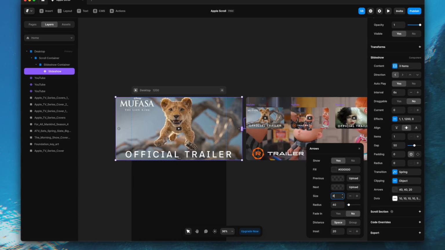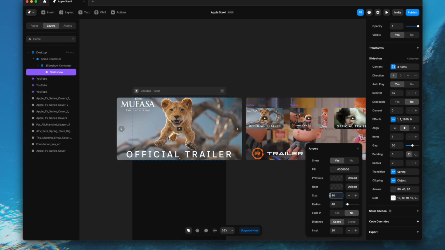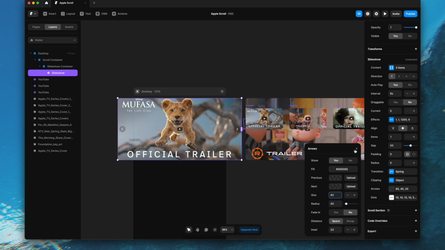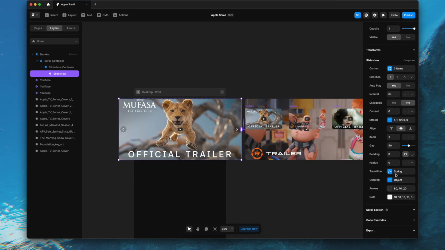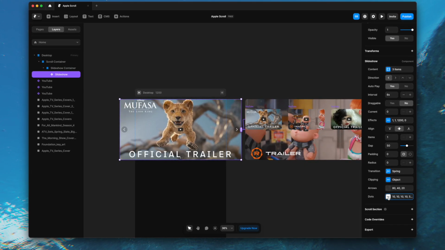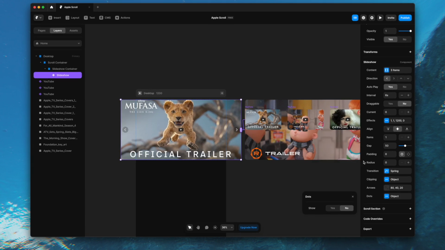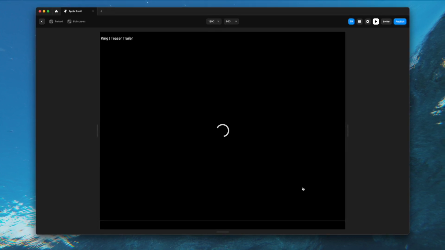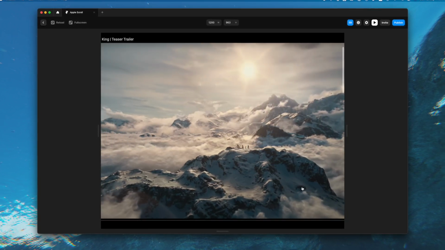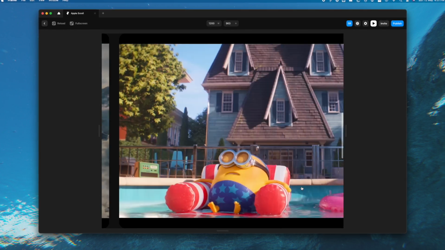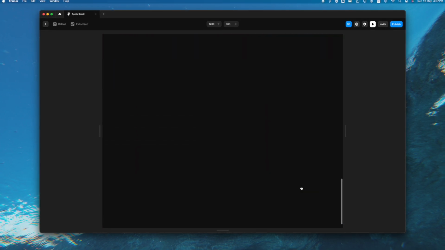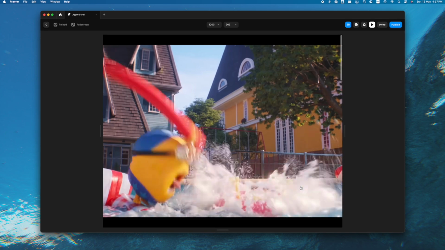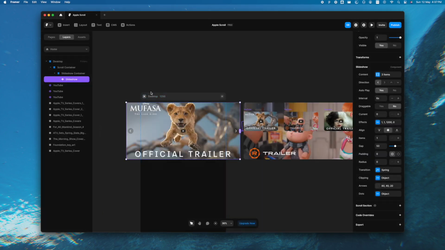So I want to make the arrows bigger in size. I'm going to bring it all the way up to 80. And the rest of the settings look okay here, so let's just cross that out. I'm also going to get rid of the dots in here because we don't want it in this particular example. So let's just get rid of that. Now when I play it, it looks much better. It's sticky on top, and the time interval in method switching is also okay.